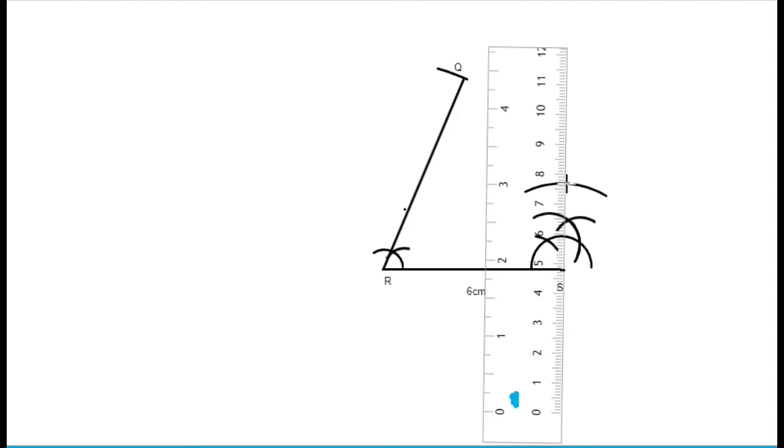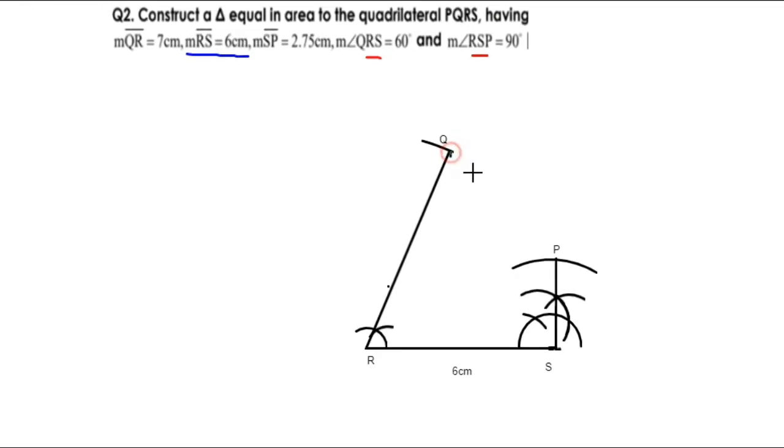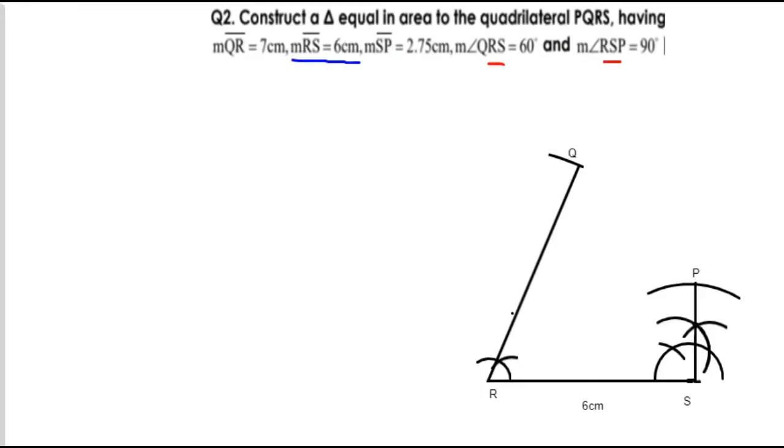Yes, here we have it, that point will definitely be point P. Now we have to join point Q with point P with the scale. So here we have constructed a quadrilateral